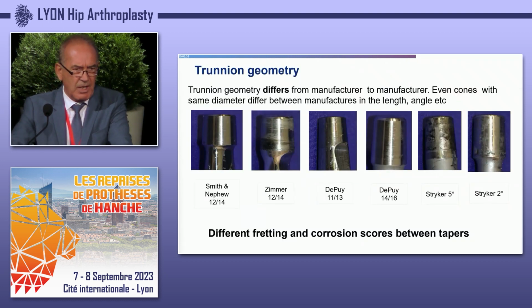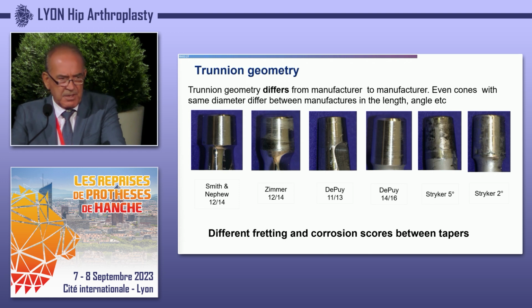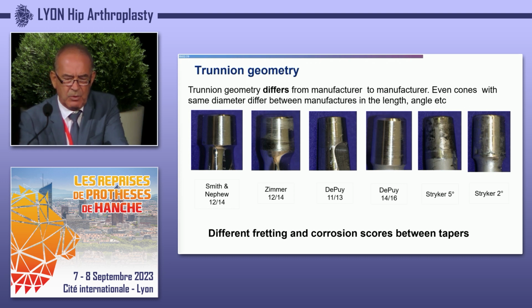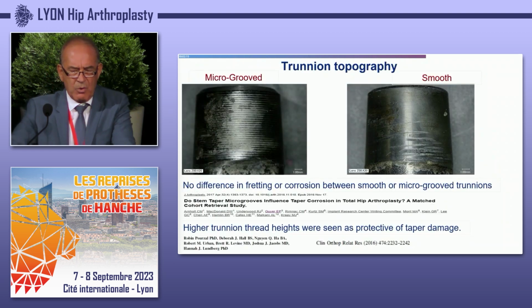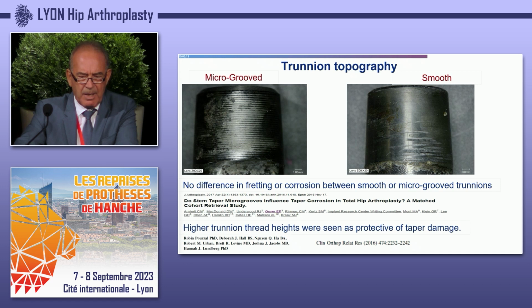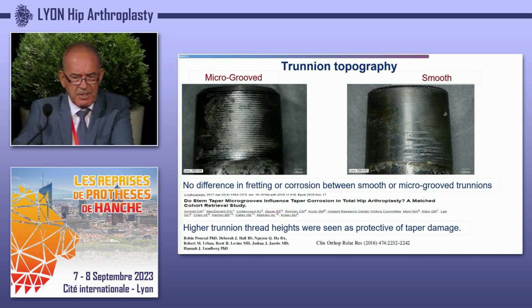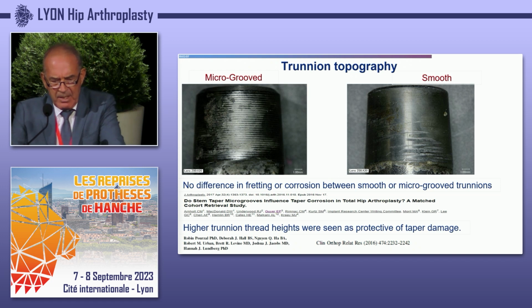Trunnion geometry. You have different trunnions, different geometries, even from the same company. So there are different fretting and corrosion scores between the tapers, so we need to know the taper, we need to avoid a few things. What about the topography of the trunnion, microgrooved and smooth? No difference in fretting or corrosion between smooth and microgroove trunnions, but it seems that higher trunnion thread heights are